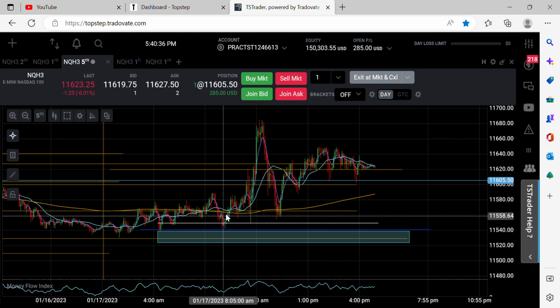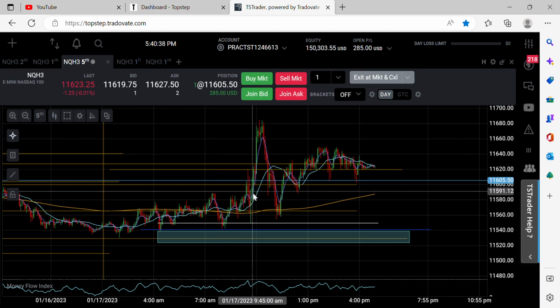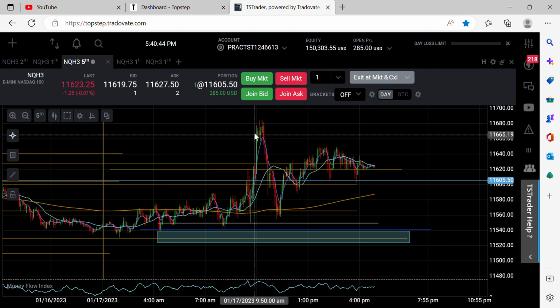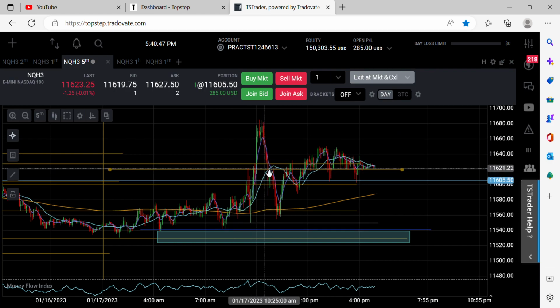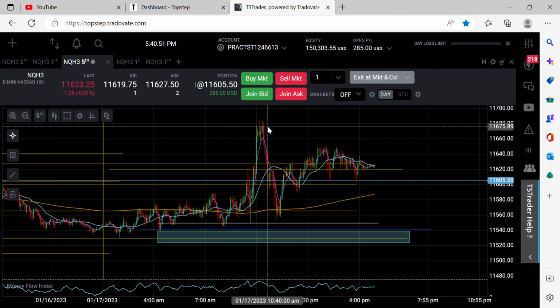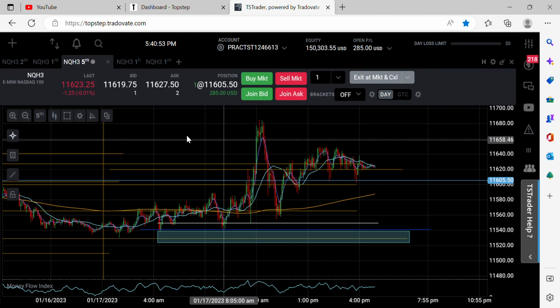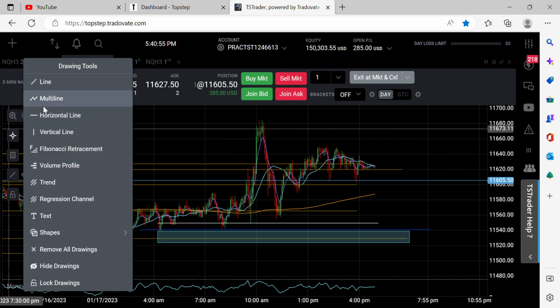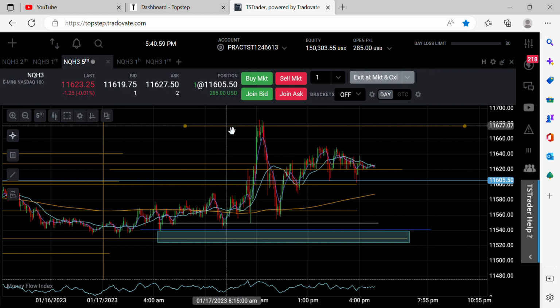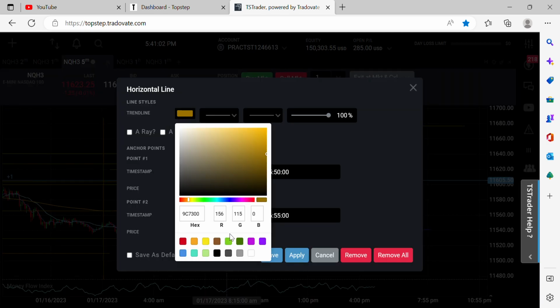Still playing off. And then we have a quick wick down here to the white. Doesn't really break lower, goes all the way up. Right, a little pullback, continuation up. And then we kind of have this bar here, so that really here is our high. I know this sounds silly, but